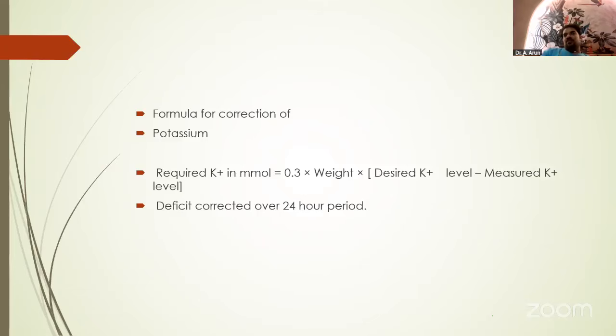If the person weighs more, the correction can go up till 200 milliequivalents also in one day. Generally, a person with proper intake and exchange of potassium, 100 to 200 milliequivalents can be given in one day, provided his urinary output is good and he's passing his usual motions. Other than that, if there is aggravated loss because of, say, urination, or because of, say, recurrent loose stools, then the potassium also has to be given correspondingly.